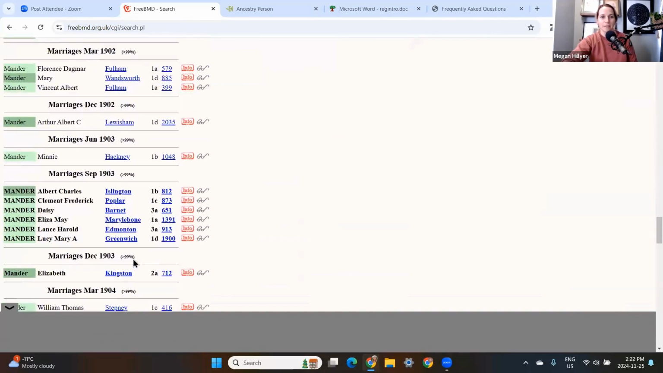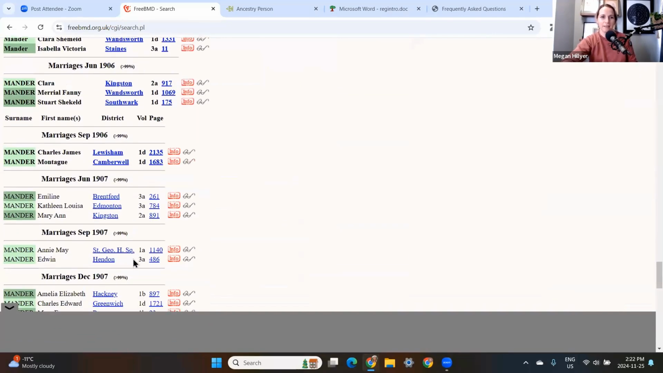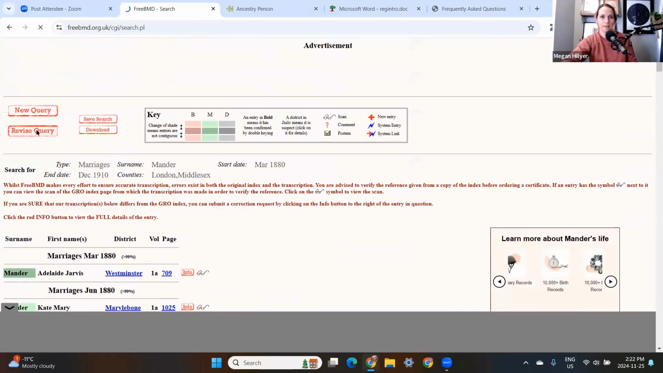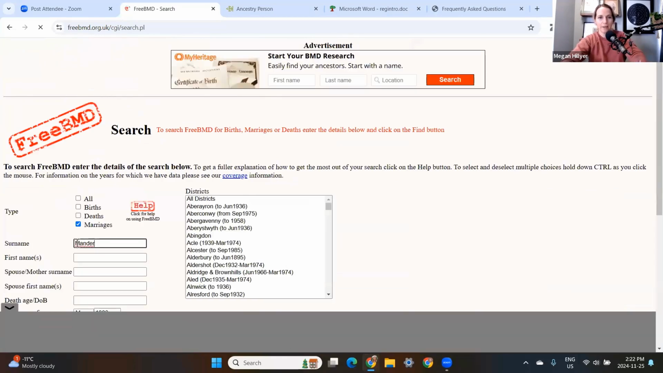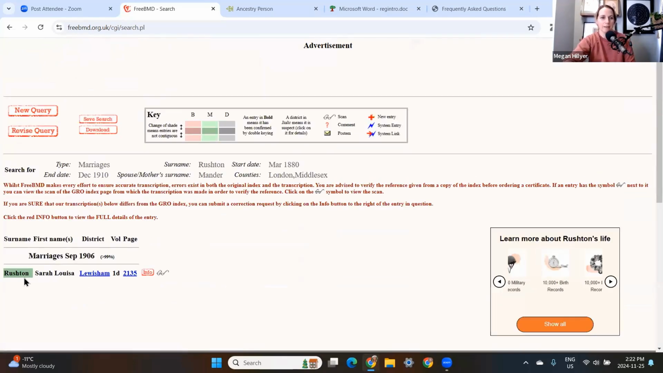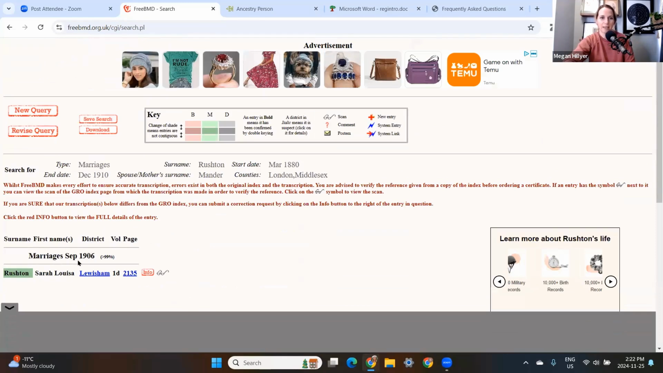And if I want to compare against, if I look for a Sarah Louisa Rushton, so let's change this around. So if I have the primary one as Rushton and then Mander as the spouse, let's see if that works. Yeah. So now we have Sarah Louisa Rushton. We have the same registration as that other one. Okay. So it just selects it against each other to find the right one. Okay. Does that make sense? All right. So that's really helpful for marriages to be able to narrow it down to find the right possible